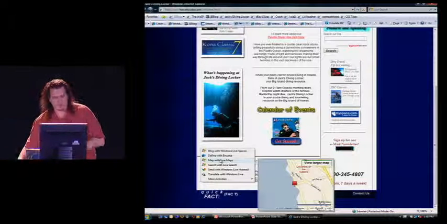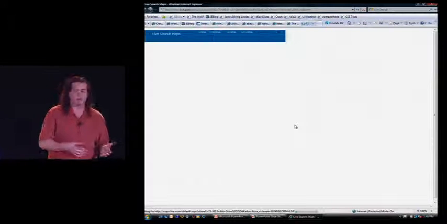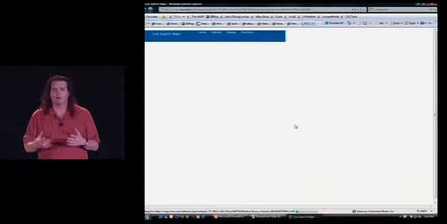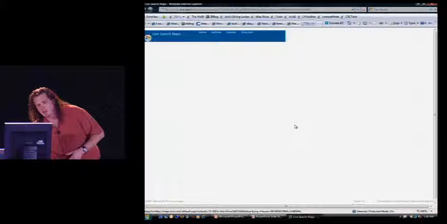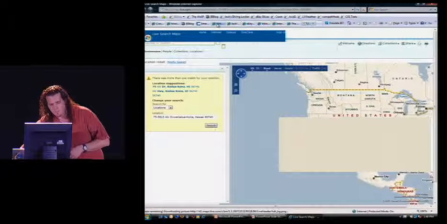I can, of course, open this in a new tab just by clicking on it. Or if I wanted to have other mapping services installed, I could do that. They would still be there in the contextual menu that I got, but I would have to click out to them because we only have one per category.